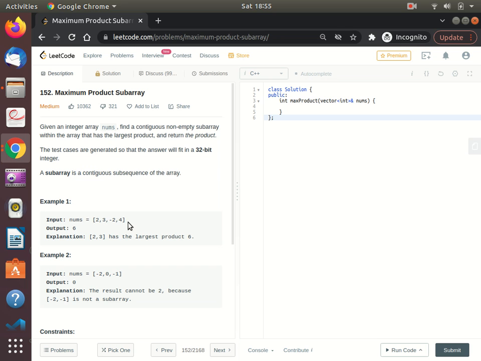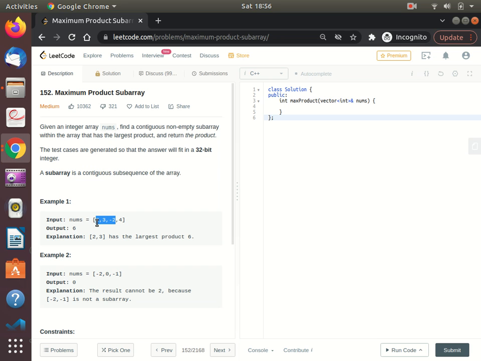So the approach I would be following for this problem is to find the maximum product achievable up till any point of the array, so that we can do it in order of n. So the maximum product achievable here is 2, and the maximum product achievable here is 2 into 3, 6, and the maximum product achievable here till minus 2 is 2 into 3, 6. We don't update it, and the maximum product achievable here is still 2 into 3, 6, and we have to